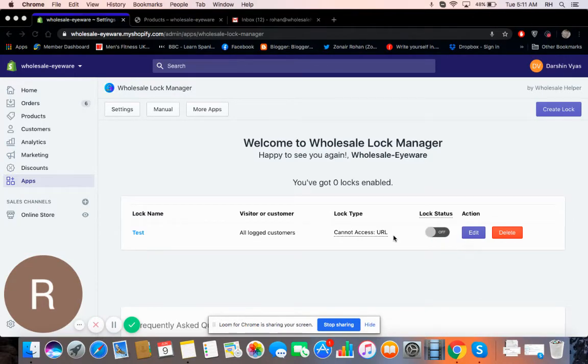today I'm going to guide you on giving access to content to certain individuals and restricting it for the rest. So click on Create Lock on the top,